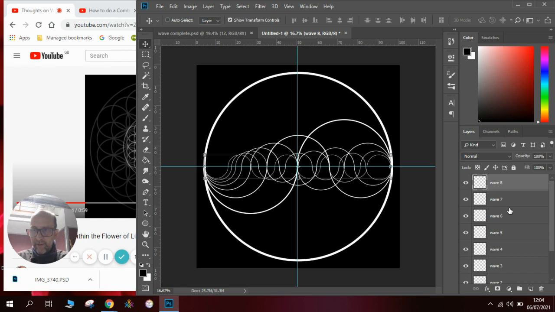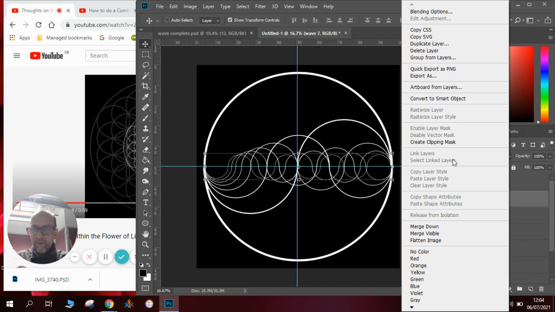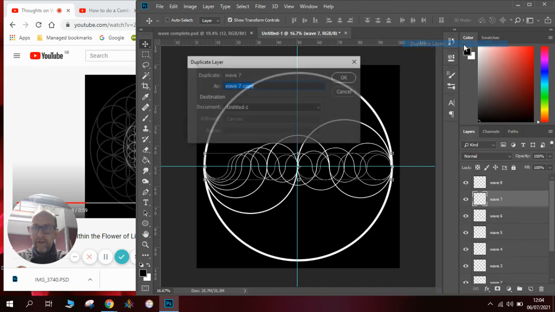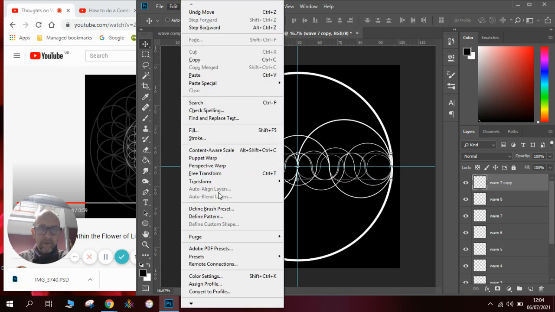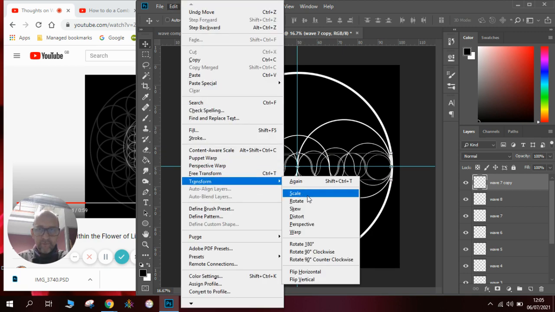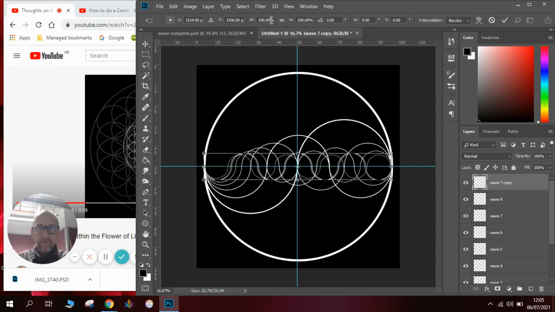Now wave 9, again, is going to be massively complicated. It's 9/7, so if we use that one, or 7/9, we're going to duplicate that, click OK, put that up here, use my calculator, 7 divided by 9, 77.7777. So don't move it first, we're going to go edit, transform, scale, 77.7,